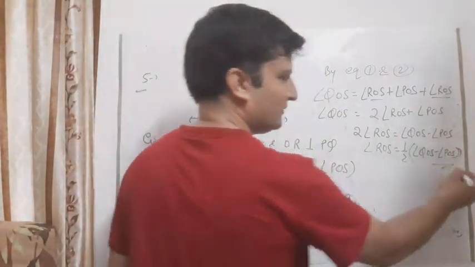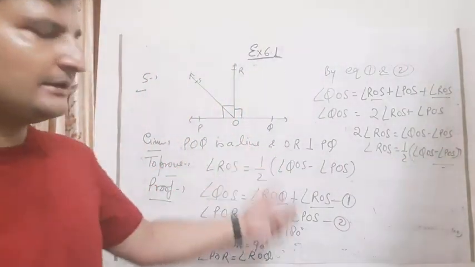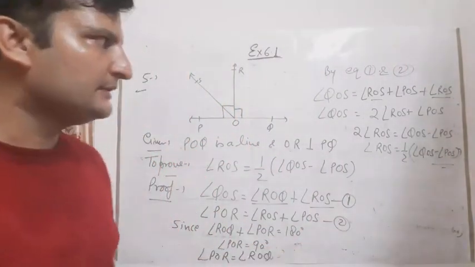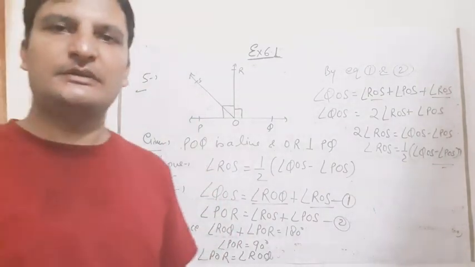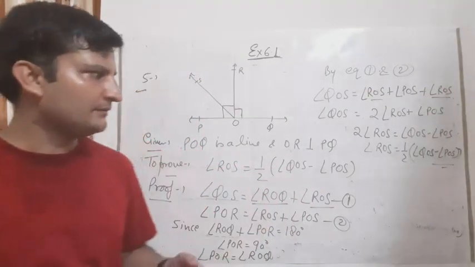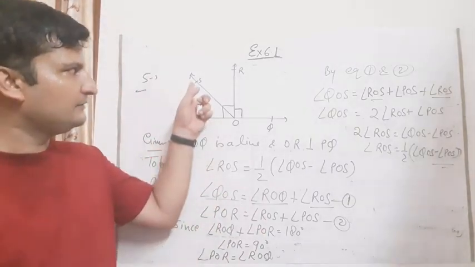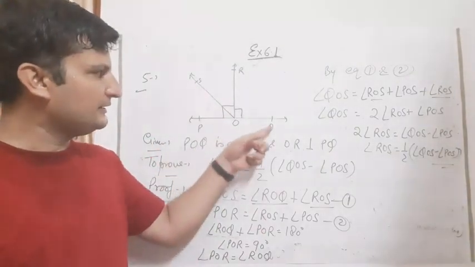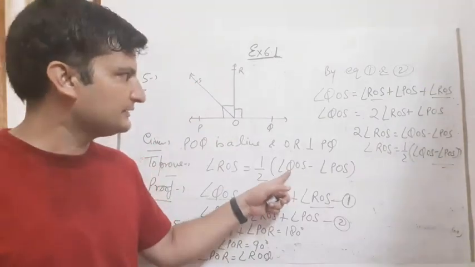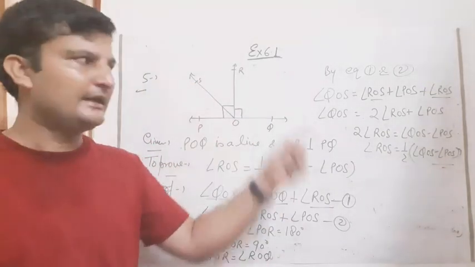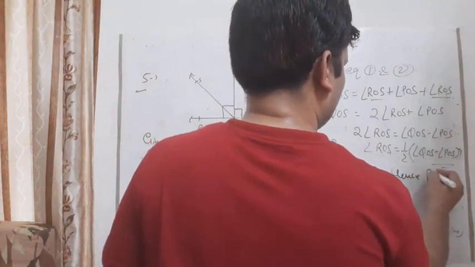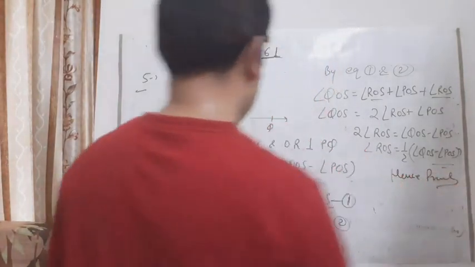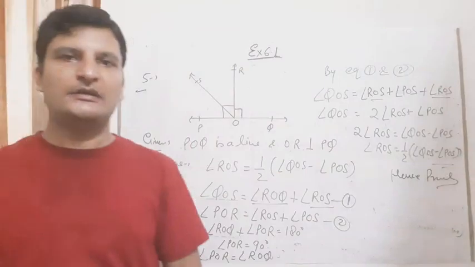Do it 1 or 2 times. When you do this 2-3 times, you can find the answer easily, because these are proof questions. In proof questions, we have to use some technique. So what we will do here: what we have to find as the answer, we have to find this answer. So we have proved it like this. At the last, as I told you, write hence proved. Angle QOS minus angle POS.